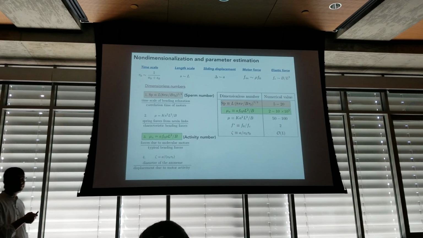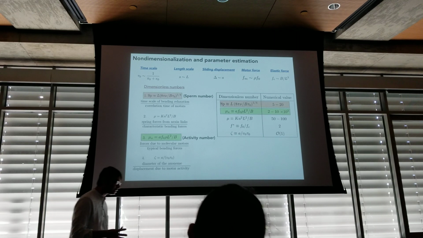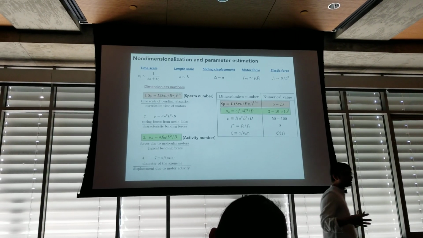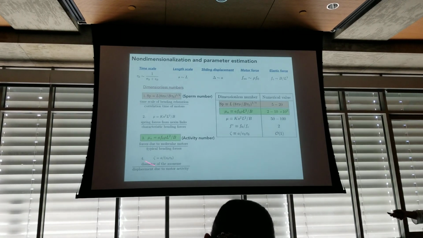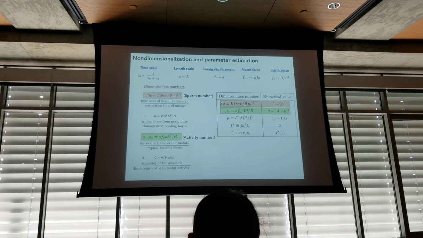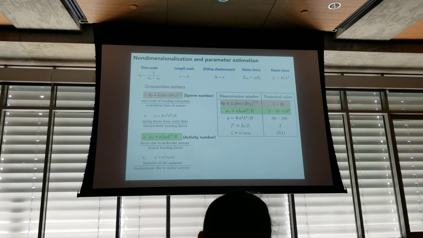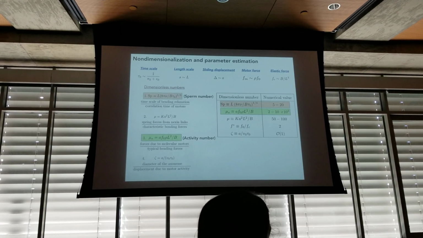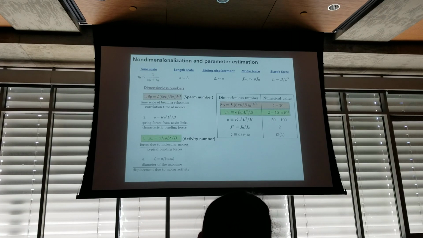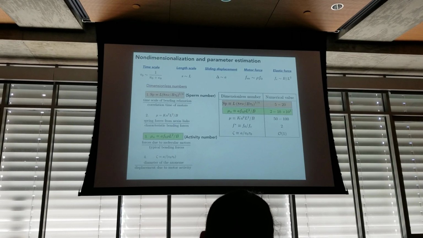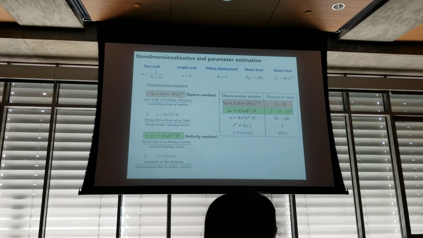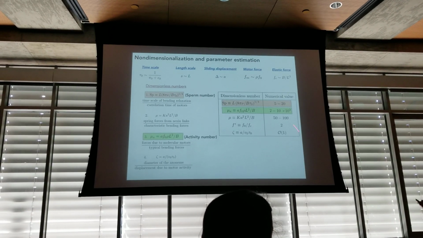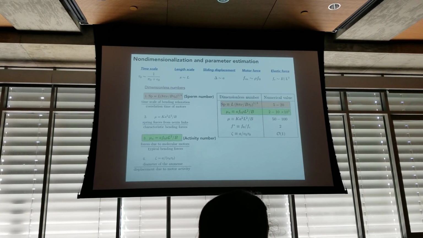It measures the damping in your problem. So if this number is large, essentially you have large viscosity, and the problem is well damped, it's a lot of dissipation. And the second number is an activity number. It measures the ratio of the force scale generated by the molecular motors to the typical elastic forces. And you can think of this as a forcing term. If this number is large, essentially you have a large number of molecular motors trying to deform this whole structure. That's the interpretation. So we'll vary these two parameters to see what kind of beating patterns or dynamics is possible in the system.